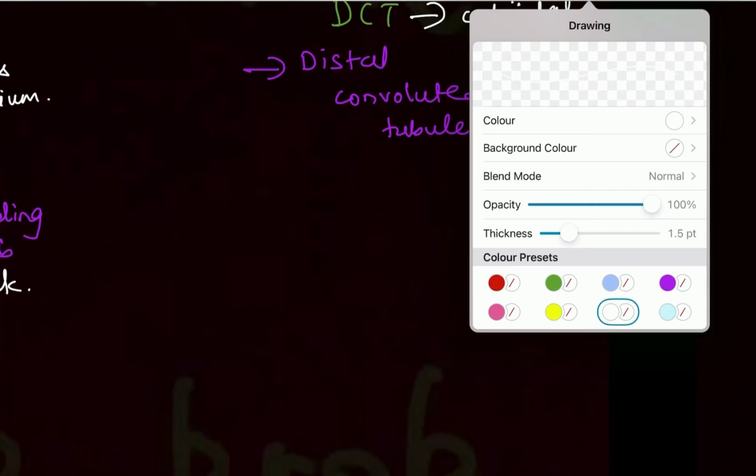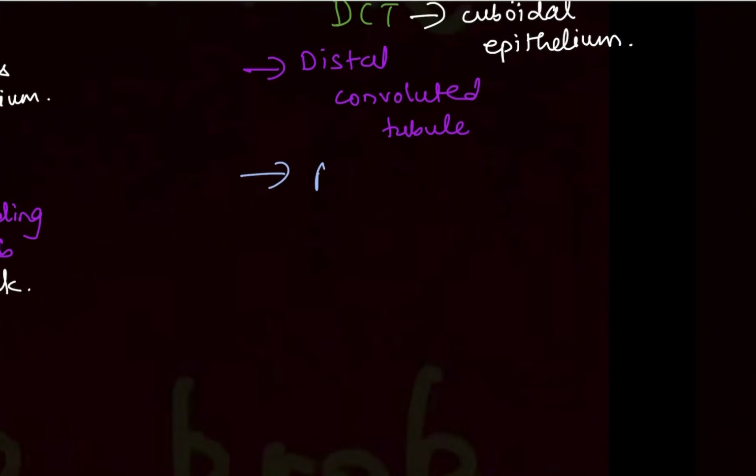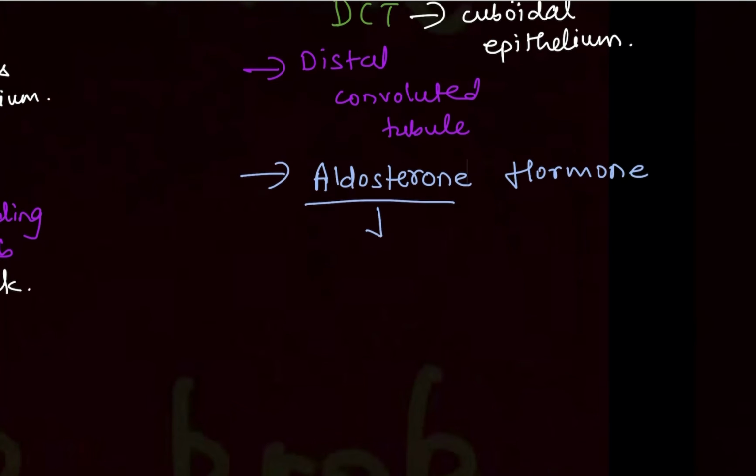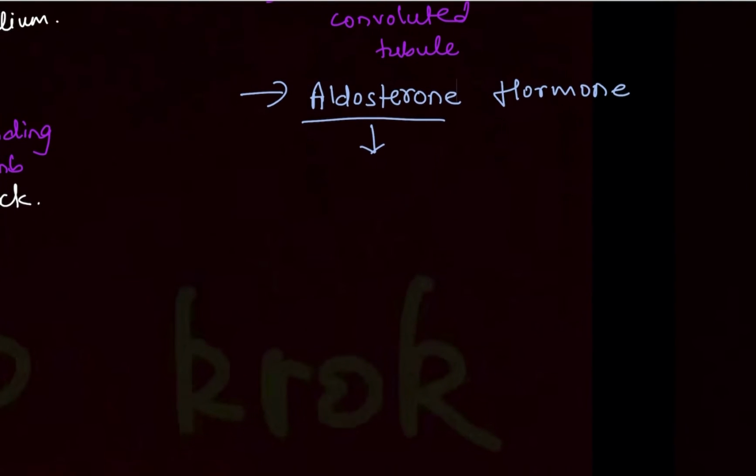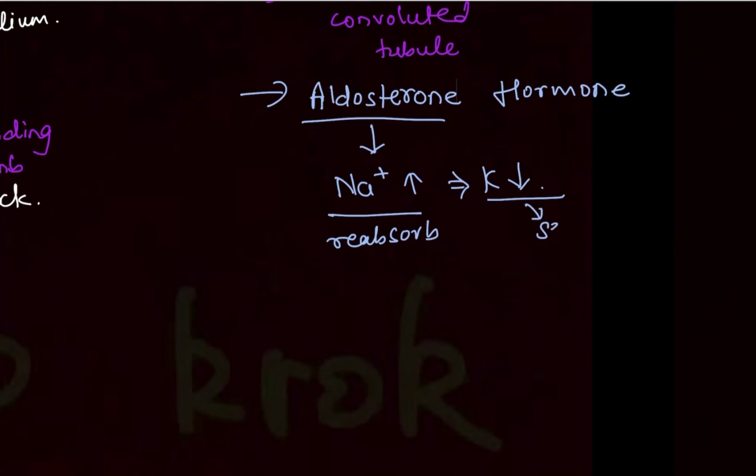Now on distal convoluted tubule, you must remember one more point, that here a hormone acts, and the hormone's name is aldosterone. What is the hormone's name? Aldosterone acts at this DCT. Now what is the function of aldosterone? It increases sodium in our body and decreases potassium. That means it will reabsorb sodium and secrete potassium. So potassium is taken into the urine and sodium will be taken up back to the blood. Okay. So this is the function of aldosterone.